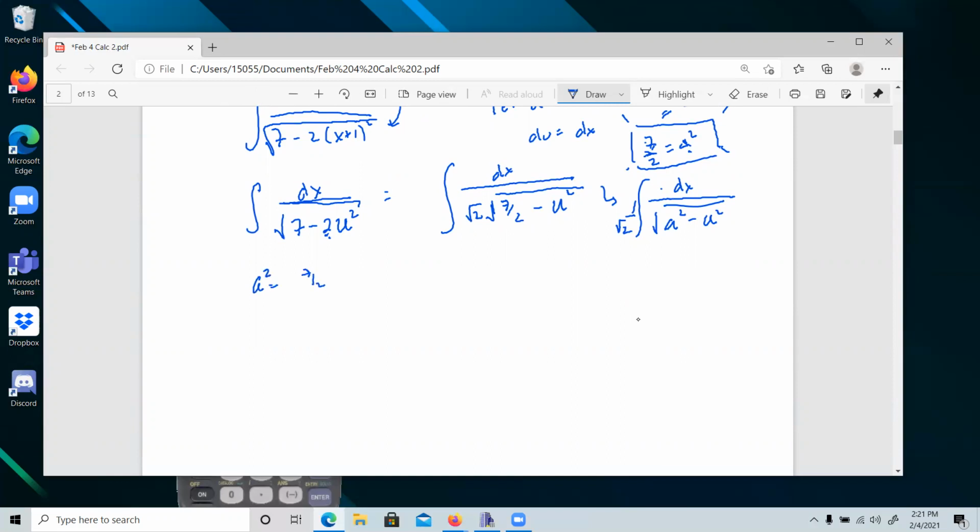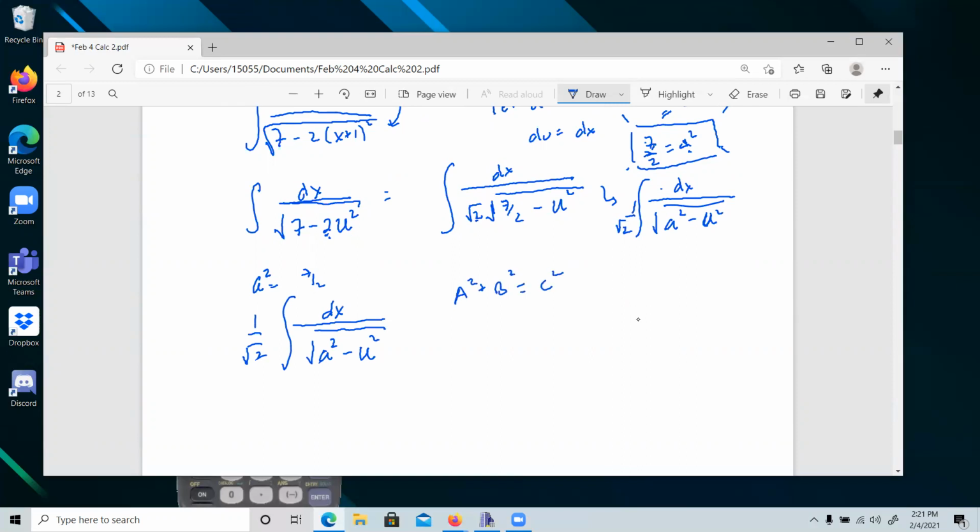Okay, I get a squared minus u squared. That's a triangle, isn't it? Right? So we have a dx. We have 1 over root 2 as a scaling factor, right? And the root 2 came because this was inside of a square root. That's how we had to pull it out of a square root. Still got to keep that here. And then we have a squared minus u squared. Okay, so different a,